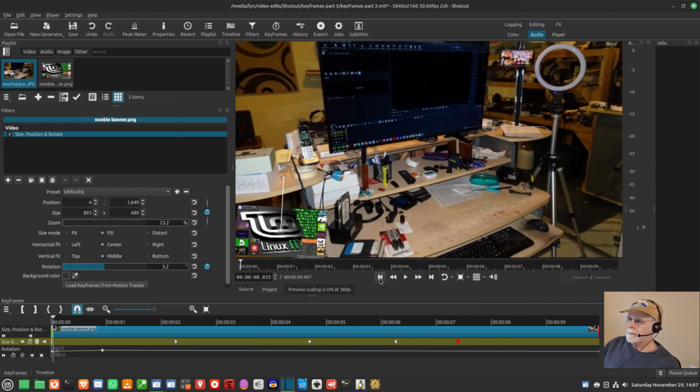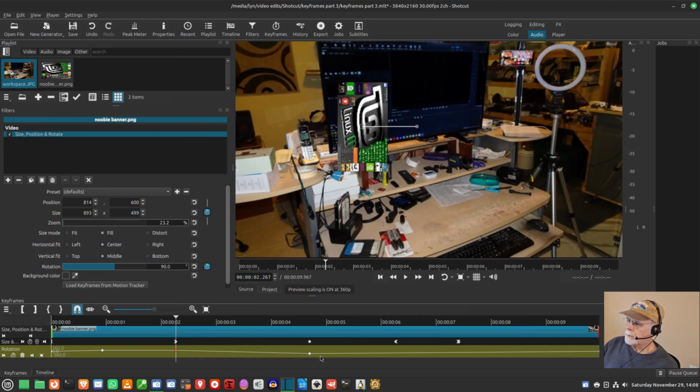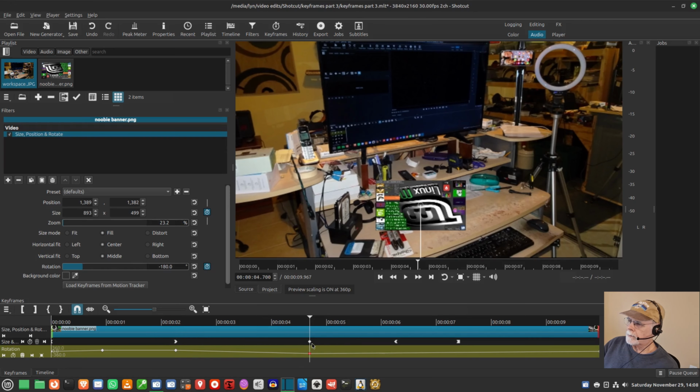So let's go back to beginning. Should be 90. Should be minus 180. First one. So it's easy to get off the track. Okay, so the first one is 90 degrees. The second one, we're going to make it 180, minus 180 is what it says. The third one is going to be 0. So now when we play it,